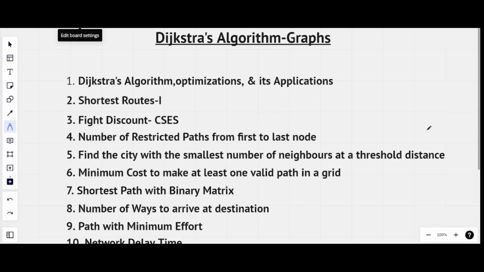We'll be discussing the concept of Dijkstra algorithm and its optimizations, as well as its applications to various problems and different edge cases. We'll also be learning how Dijkstra algorithm is different from the usual breadth first search, which is also used to find the shortest path in unweighted graphs. How Dijkstra algorithm comes as an escape or as an improvement over the usual BFS to find the shortest path